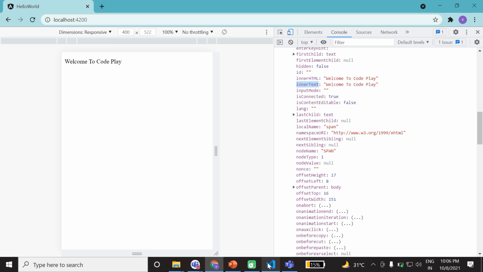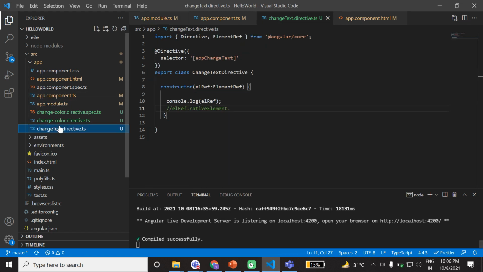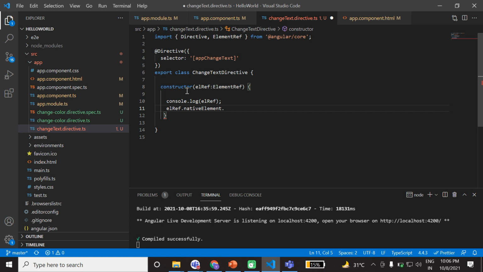How will the value change from here? In the directive, I will uncomment this, and use this.element.nativeElement.innerText equals welcome in my YouTube channel code play. Let's see the magic.